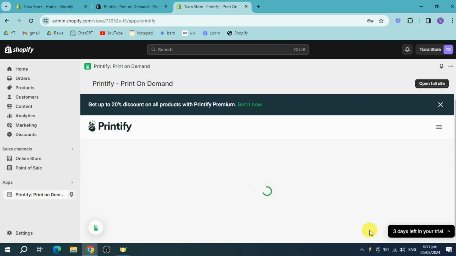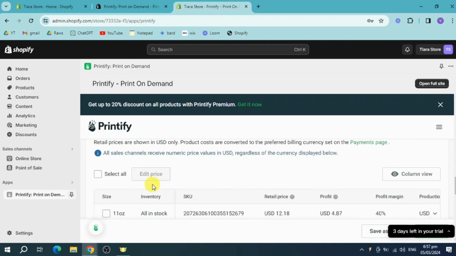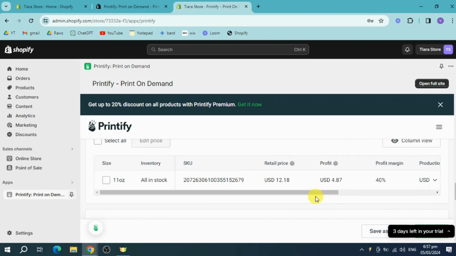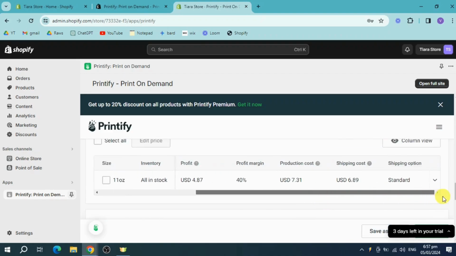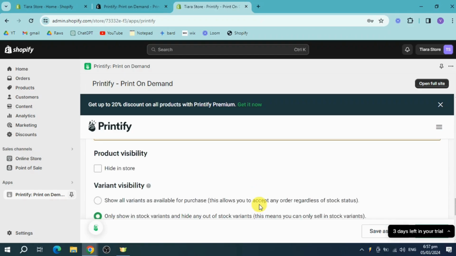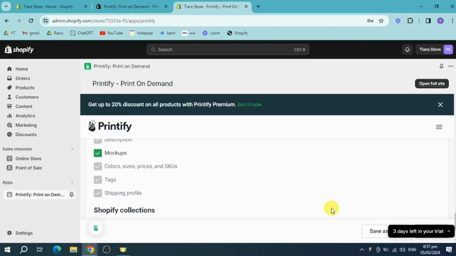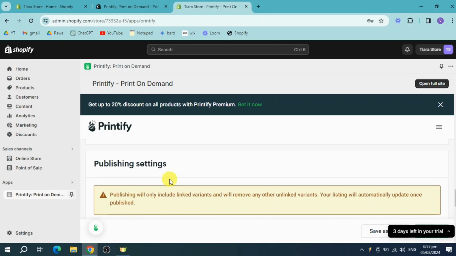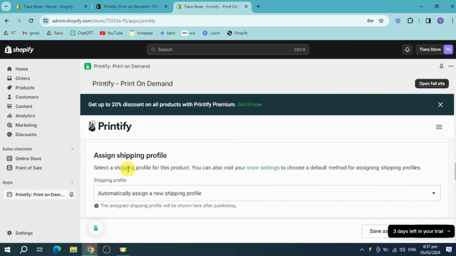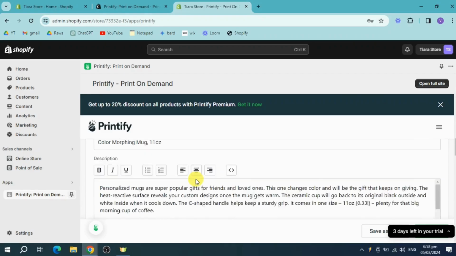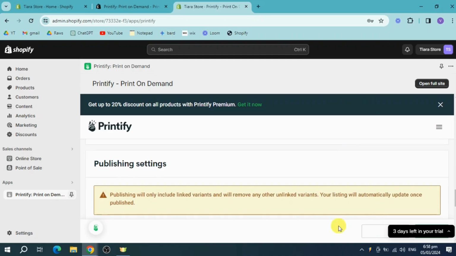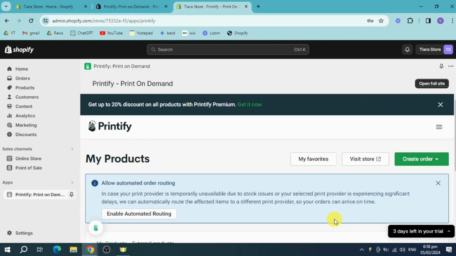Now, once you're in here, you have some options wherein you can select the SKU as well as the retail price and the profit for this. So in here, you can just head over and publish this one right here. So you can see your Shopify collections as well as the publishing setting as well as the pricing right here. And you can assign a shipping profile in here that we have earlier. So click on save. Now, once you have clicked on the save right here, you can actually see that it